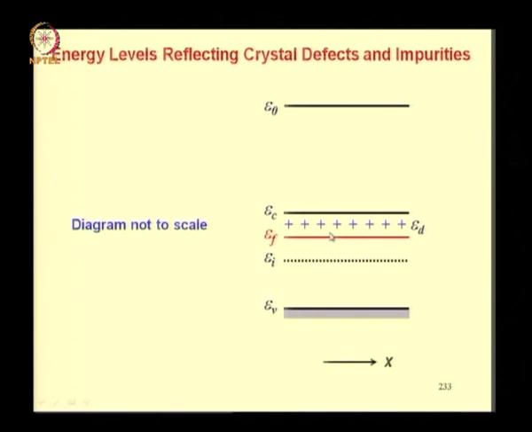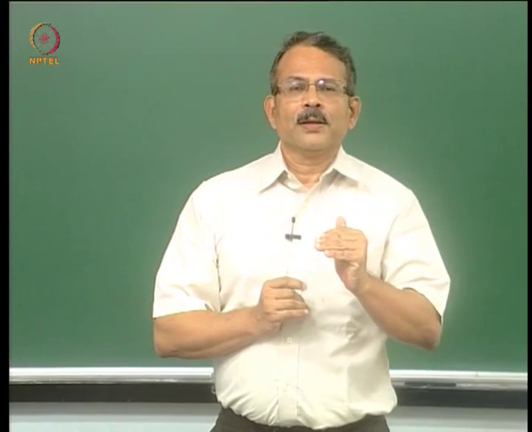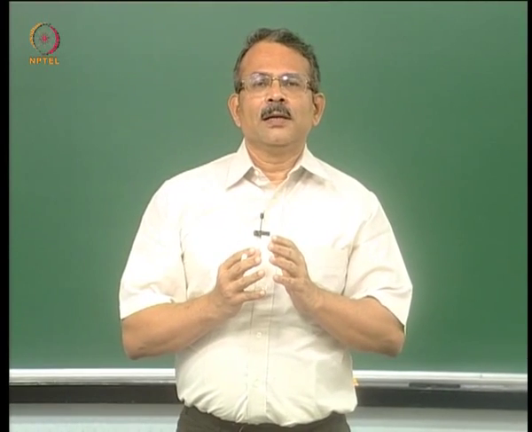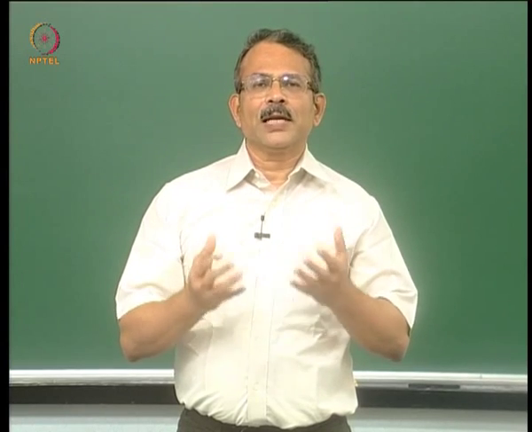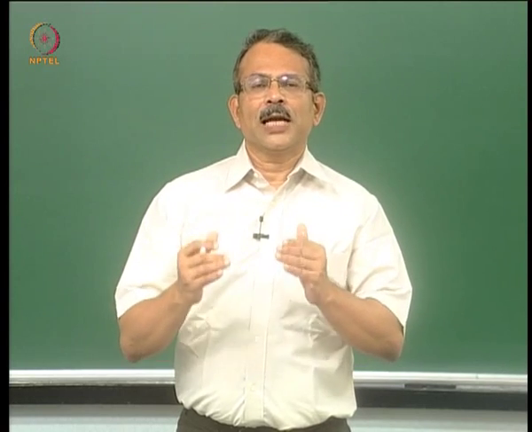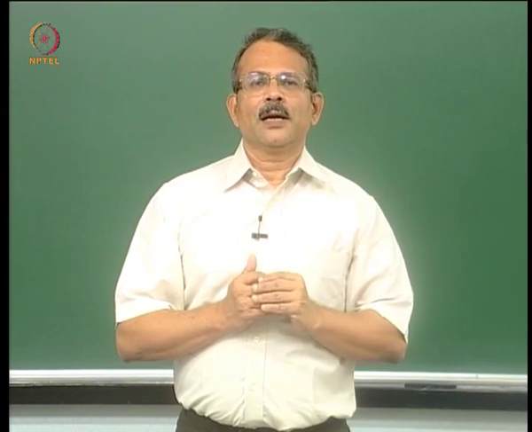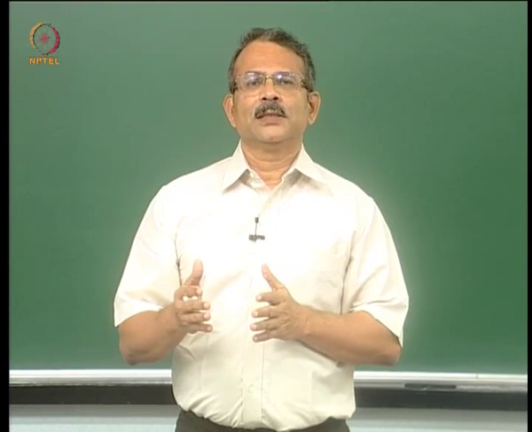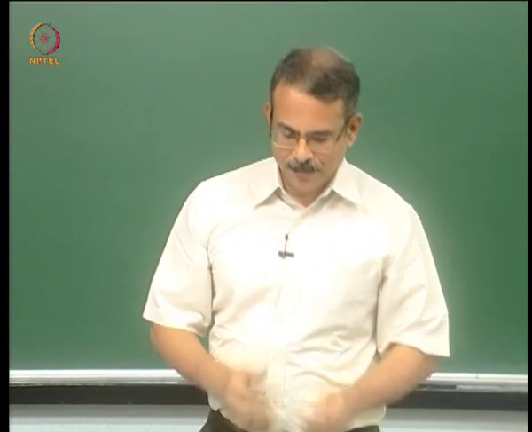The donor level corresponding to a shallow donor would be somewhere here in the energy gap, close to the conduction band edge. Now it is not necessary that the donor level should always be close to the conduction band edge. Only a shallow donor, that is that kind of a donor which gives you a large number of electrons in a semiconductor and converts the semiconductor into n-type, would be close to the conduction band edge. Examples of this are phosphorus or antimony or arsenic in silicon.